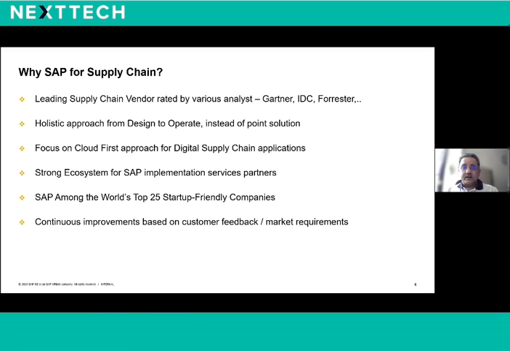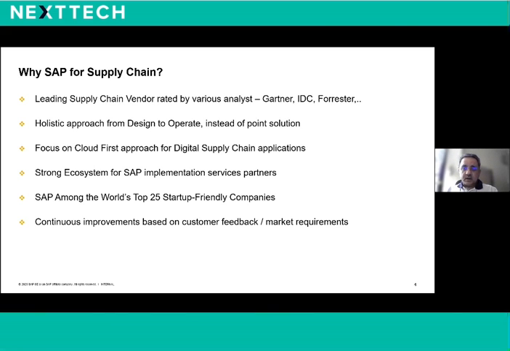And we are right now a leading supply chain vendor, not only for planning or logistics. It also includes the asset side. How do we manage and maintain assets? How do you procure? So we look into a holistic view, and every single analyst, whether Gartner, IDC, Forrester, is rating us on top when it comes to supply chain. I talked about the second point: rather than a point product-based approach, look into a holistic approach from a process point of view. That's what the customer needs.